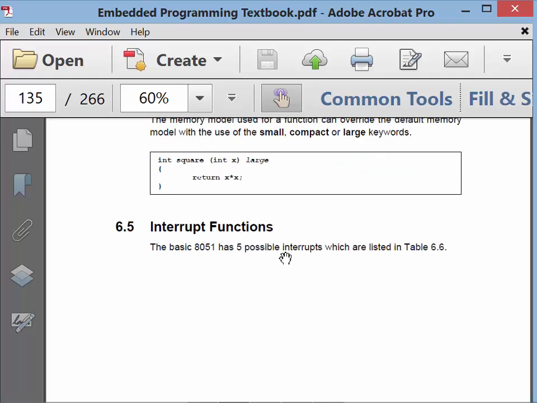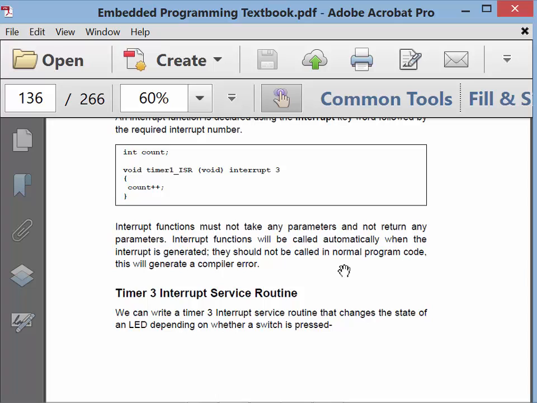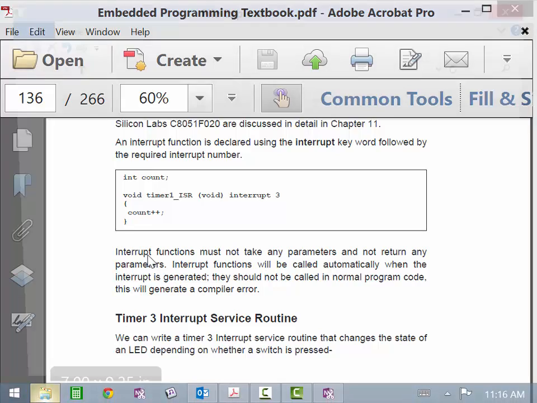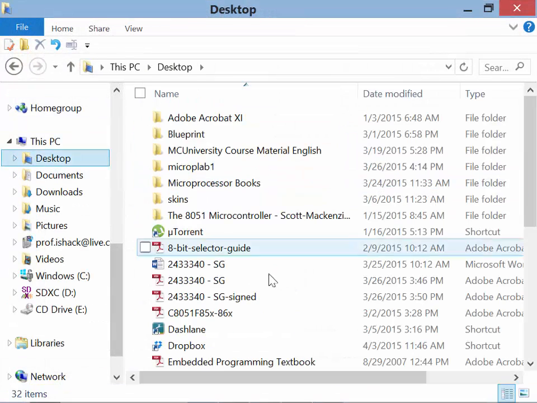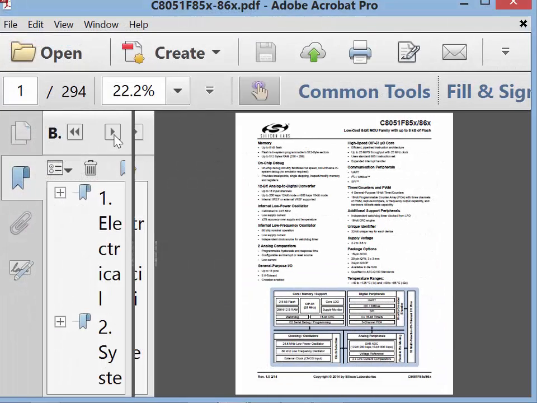Our interrupts are fairly straightforward. These are the 5 basic ones. The only thing that we look at right here, this is how we handle an interrupt service routine in C. It's very straightforward. We just stick at the end of the line interrupt and the interrupt number where it sits on the table. This is a timer 1 interrupt right there. So if we go back to the desktop, what's right here. Again, this is our big nasty